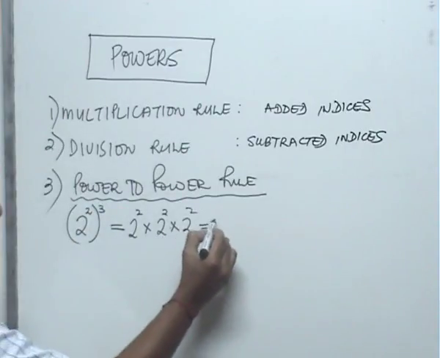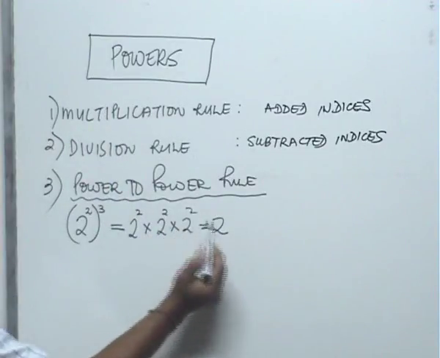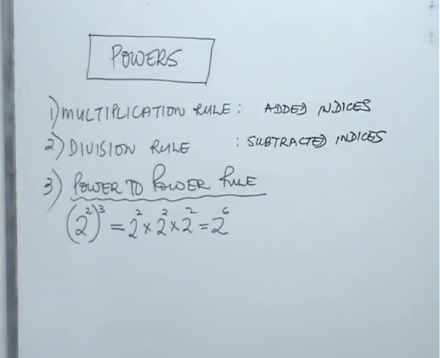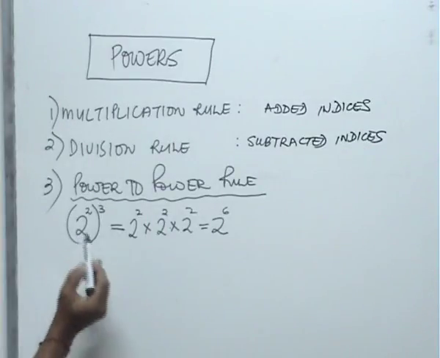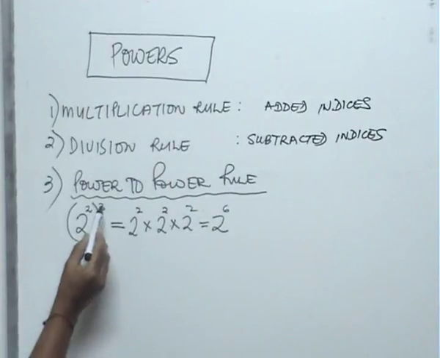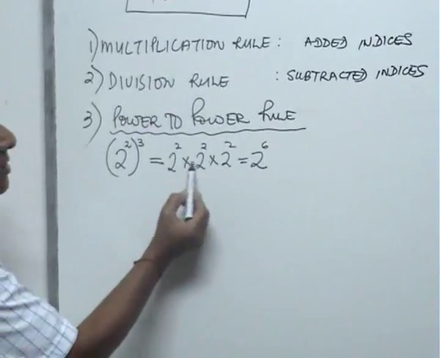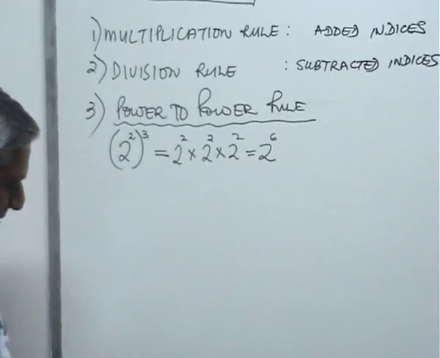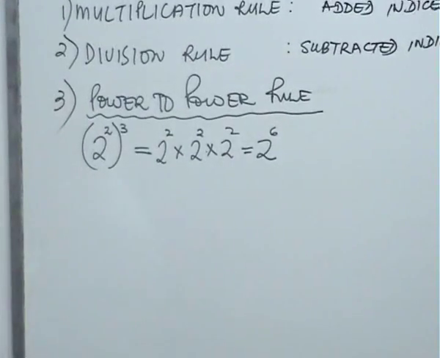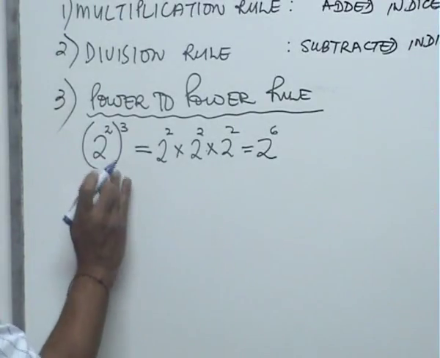Now if I work this answer out using the multiplication rule, it's 2 plus 2 plus 2, it's 2 to the 6. Now watch carefully. This is 2, there's the base. Now just watch the indices. There's 2 and there's 3. So because it's cubed, I have to write it 3 times. Then if I use the multiplication rule, I got 2 plus 2 plus 2, I got 6. But if you look carefully at this example again,